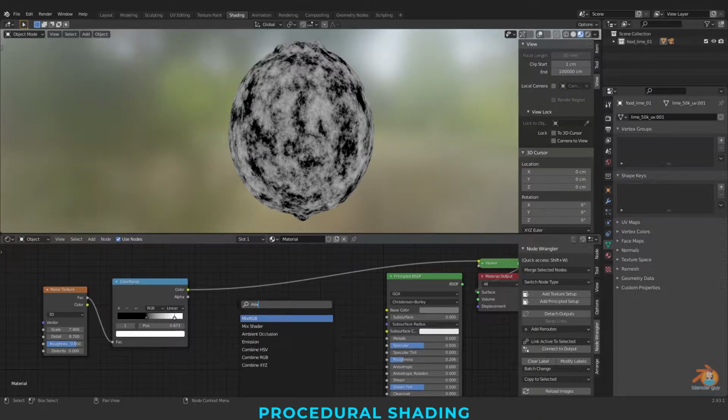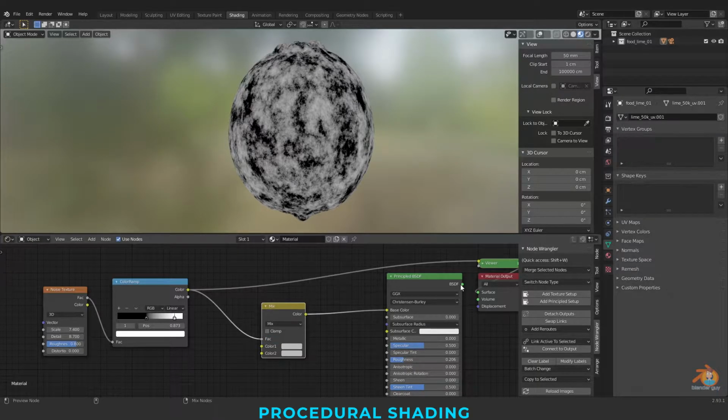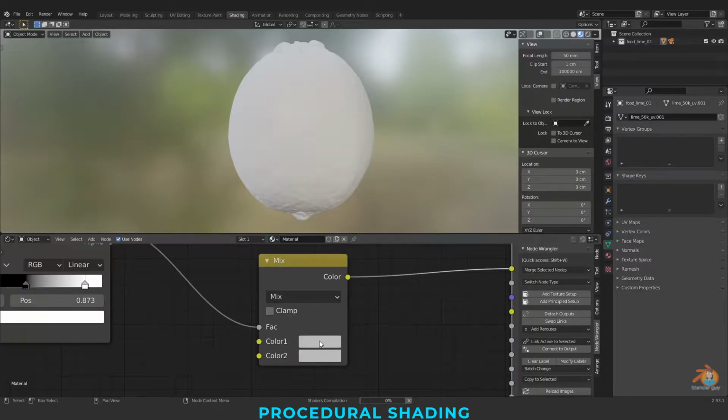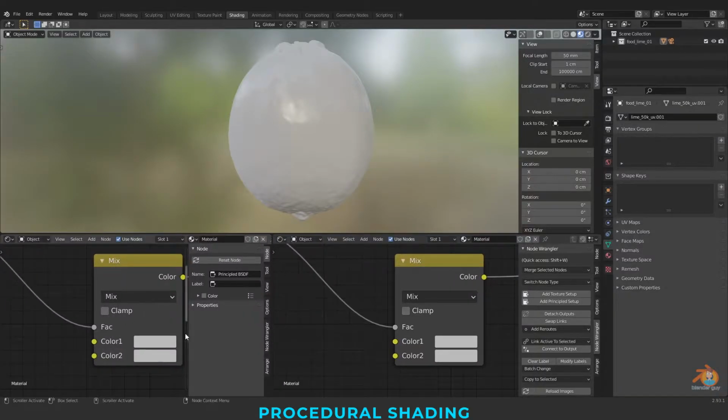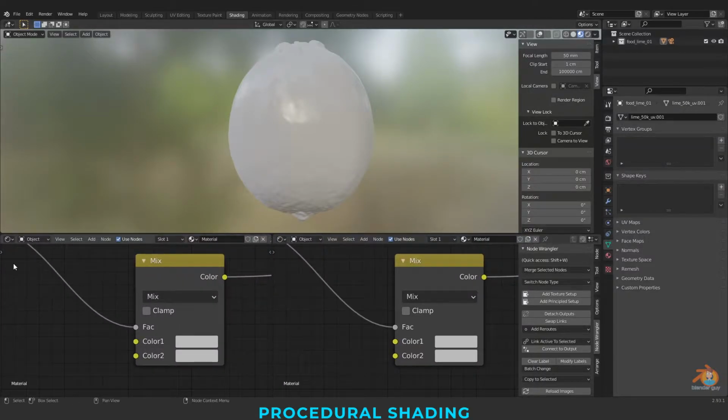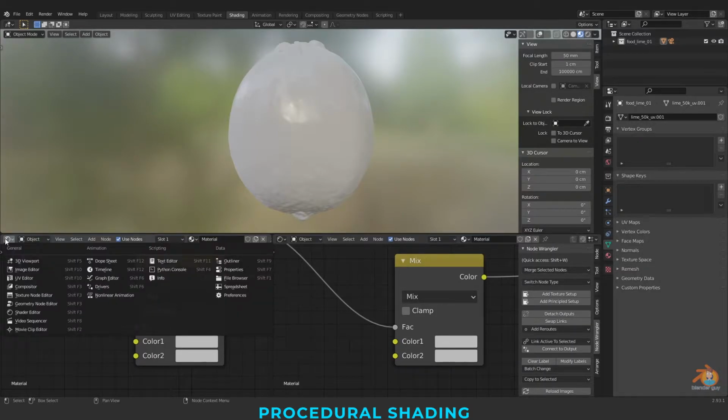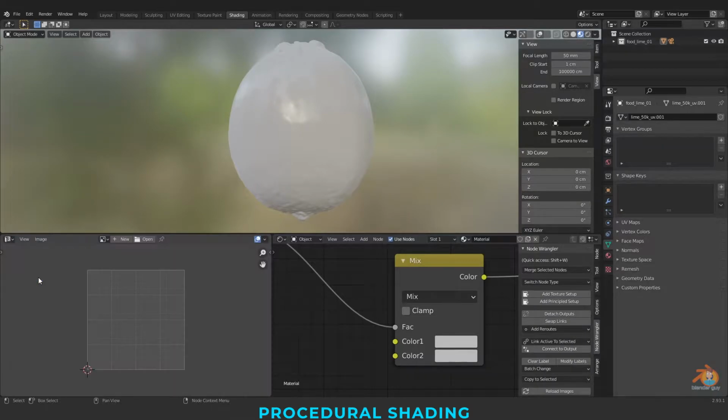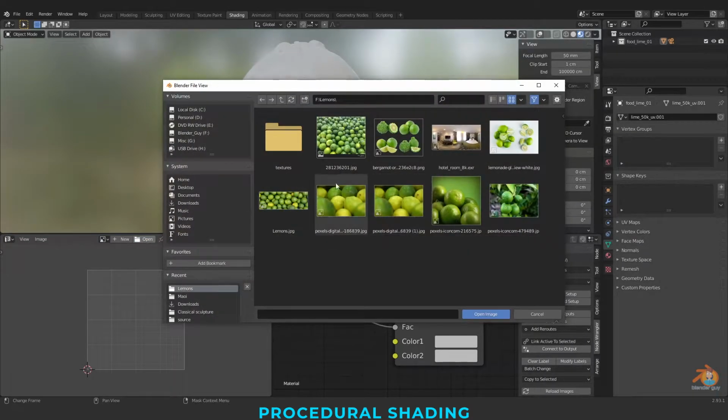So I'm taking a mix RGB. This will be our mask and I'm connecting this to the base color. For color reference, it's always good to have a reference here. For that, I'm just opening our image to view. Go to the UV editor, open any image you like.